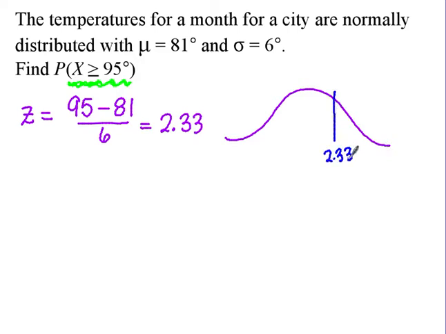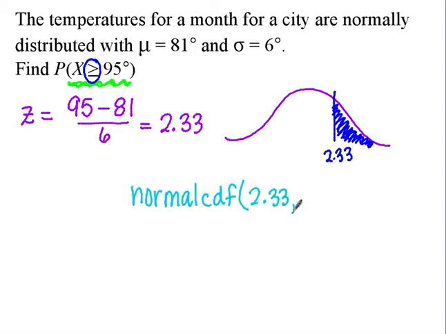Now when I think about a normal distribution, here is going to be my 2.33 right here. If I look at the problem, they say the probability that x is greater than, so greater than means this value right here. So I'm going to do my normal CDF function again. My leftmost point in this case is 2.33. My rightmost point is all the way here at positive infinity. Remember, we symbolize positive infinity with E99. We're going to do 0 and 1. So if I go ahead and enter those in,